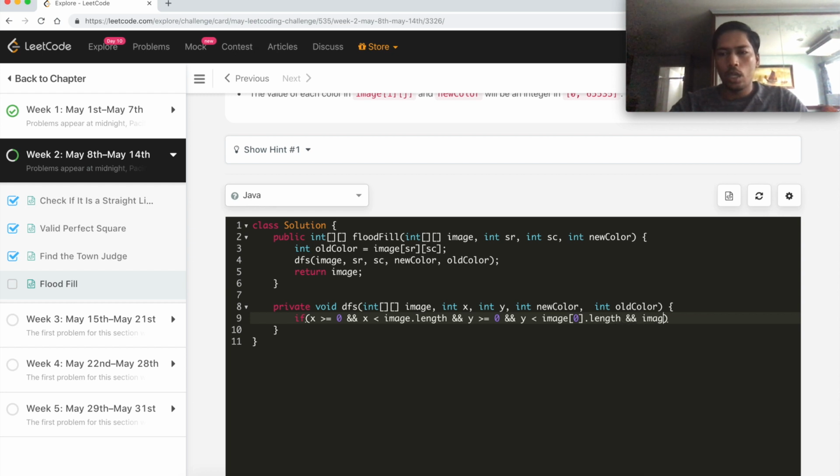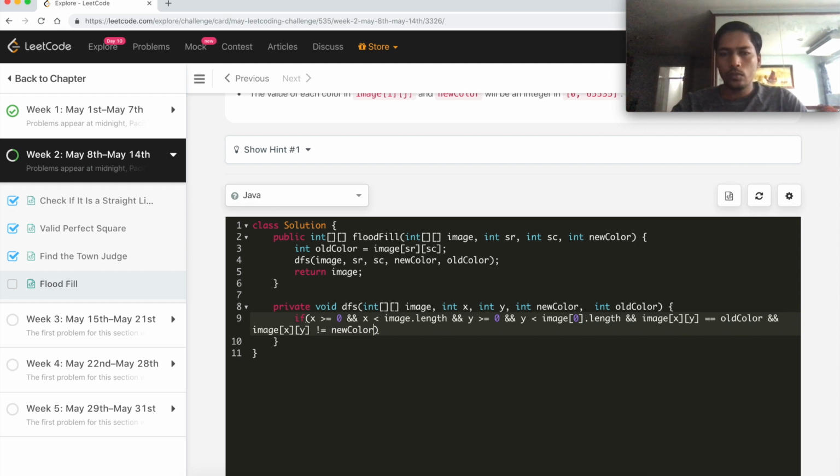And image of X comma Y equals the old color, and the pixel is not already updated, so image of X comma Y is not equal to new color.